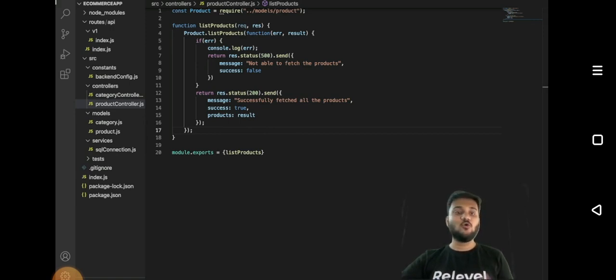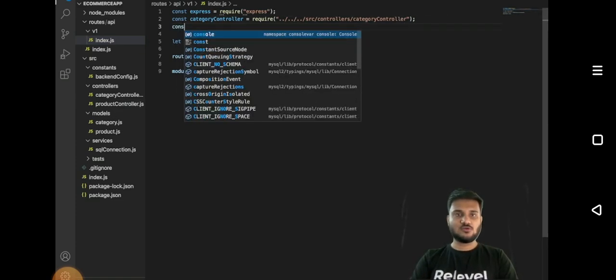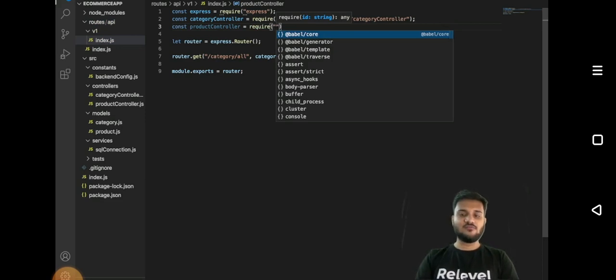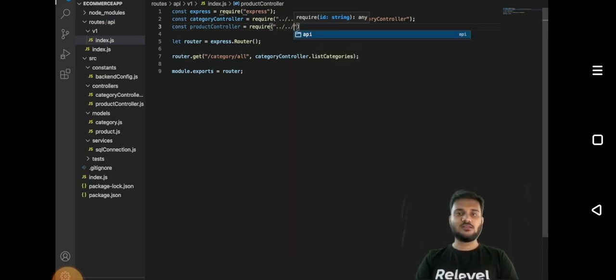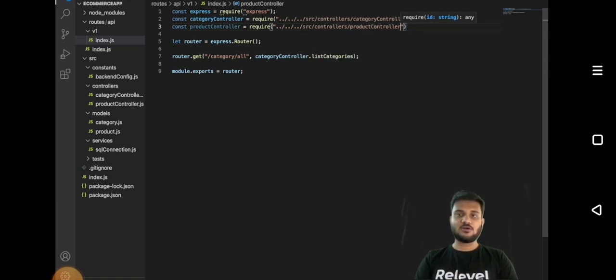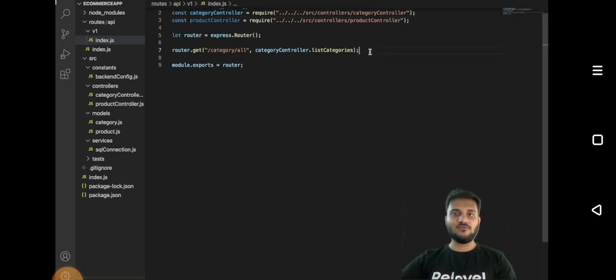And where can we set up the routes? We need to go inside the route/API/v1. So here we will go to the index of the /API/v1. And first of all, let's get product controller. So const product controller is equals to require. Now we are inside v1. We'll first go one folder up, another folder up, another folder up. Now we are in the source, now in the home directory. Now we'll go to source, controllers, and we'll say product controller. So here you can see we have successfully fetched the product controller. And now what we can say is